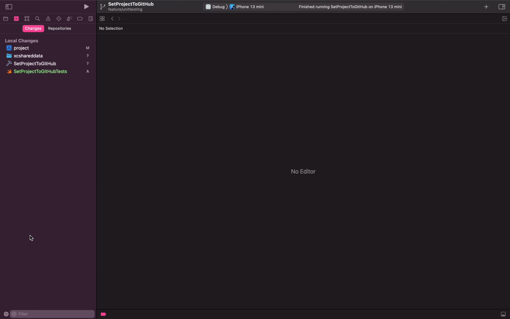To make the commit, click on this little settings icon at the bottom left side, and you may find a third option which says commit.